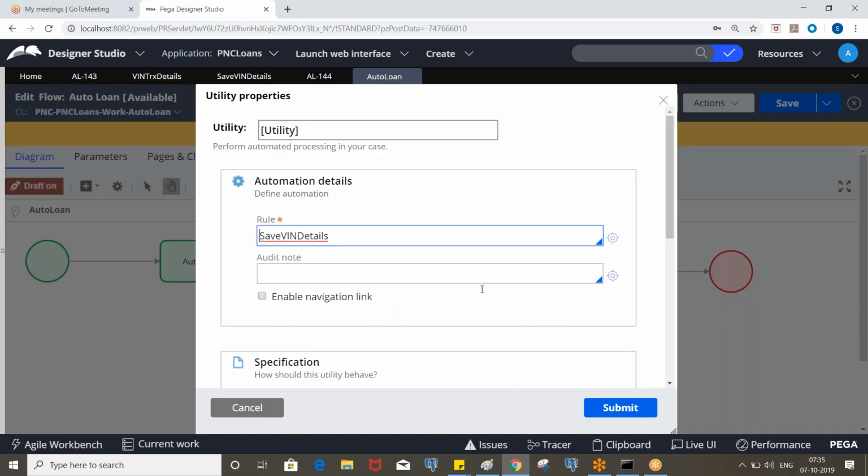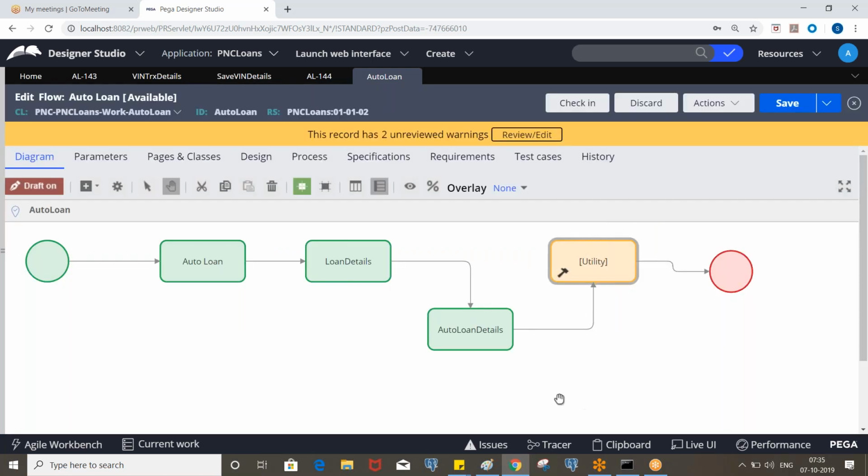Can you please give me the definition of this utility? Utility is just like the flow shapes where we can invoke an activity, and it doesn't require any human intervention.